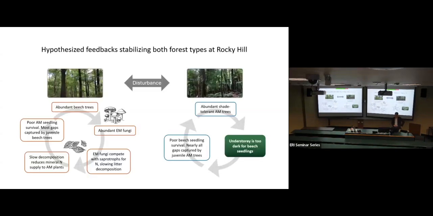So we hypothesized that we have positive feedback stabilizing both these forest types. So we've got the familiar on the left there in the beech forest. We've got that same kind of organic nitrogen economy that we saw in that tropical monodominant forest. And in the broadleaf forest, what we're thinking is that the understory is simply too dark for beech seedlings, because the